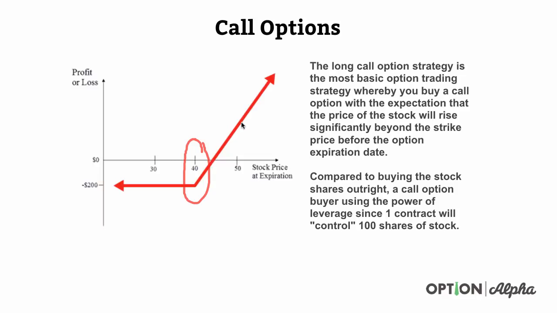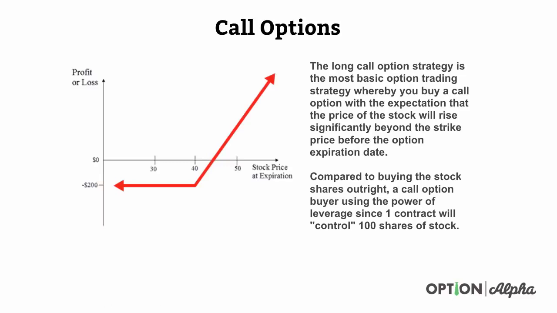Now, your expectation, obviously, is that the stock price is well beyond the 40 price at some time in the future before expiration date. So if right now the stock price is at, let's say, $30, you're going to hope that it's beyond $40, because that's your strike price, and it's beyond that price point in the future